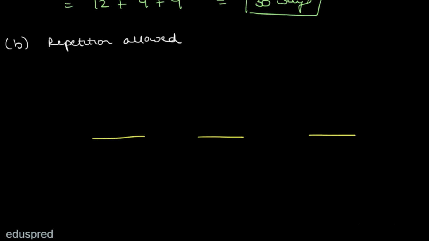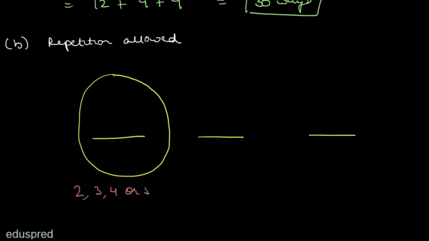So let's say we are starting with condition number 2. That is, the number should be greater than 200. And that condition depends on the hundreds place. So that means if we want the number to be greater than 200, this place can be filled with these 4 numbers, 2, 3, 4 or 5. So there are 4 ways to fill the first slot, and let's say that we are writing number 3 here. So this is your condition number 2.